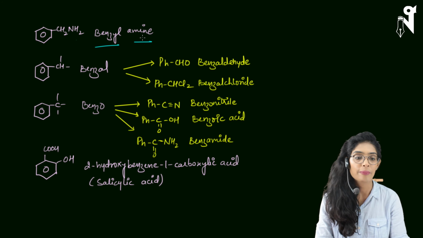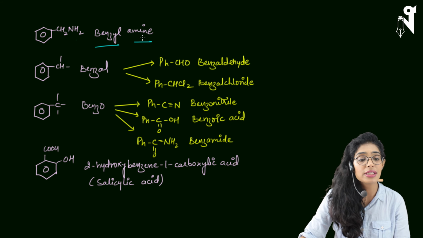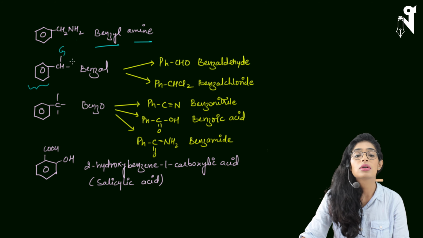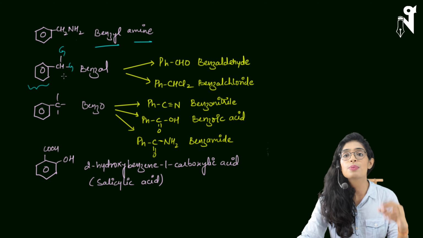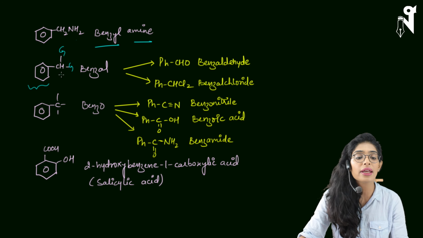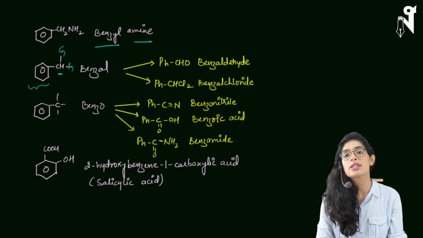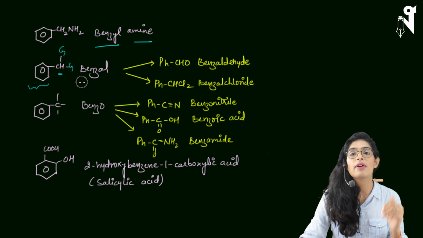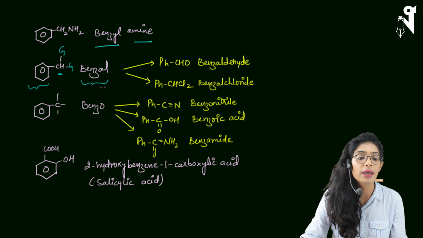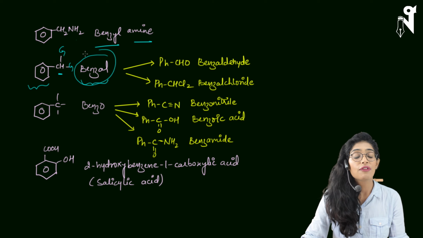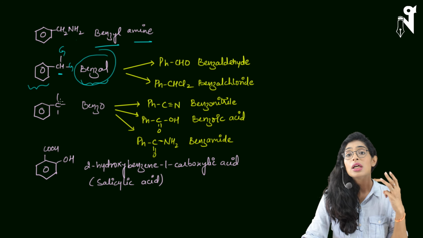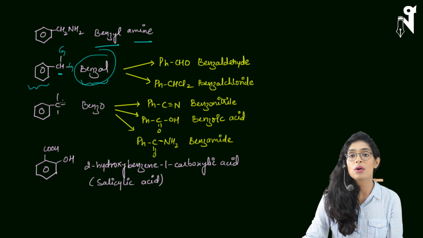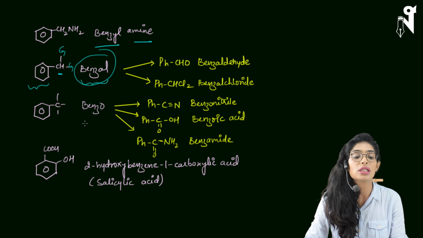This is important. Now, if I have benzene with CH, where CH is attached to two groups, or basically you have CH and then the carbon is forming a double bond with something else, then this particular species is called benzylidene. So you will find the names of the compounds beginning with benzyl. If on the carbon there are three bonds attached to a certain group or another element, then the compound will be termed benzo.